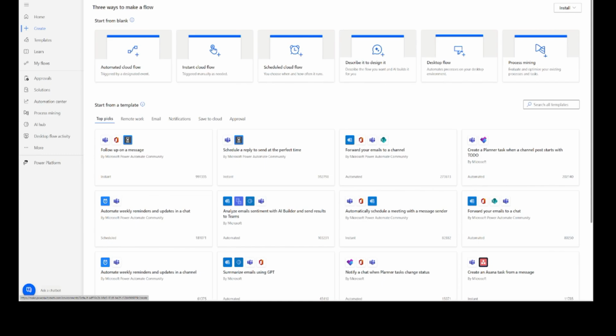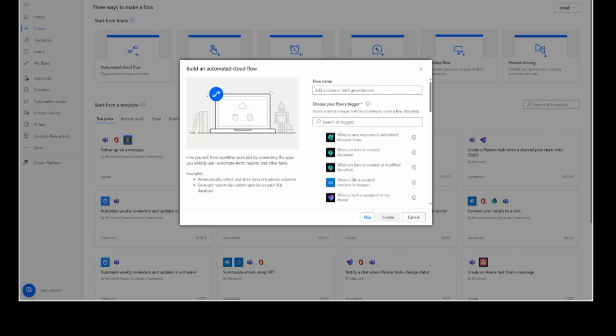So let's start with the most common one, the automated cloud flow. This is what most people need for everyday automation. So click on automated cloud flow. You will see it says triggered by designated events. That means something has to happen to start this flow. So if I go with email organization here, the flow name is Email Organizer,